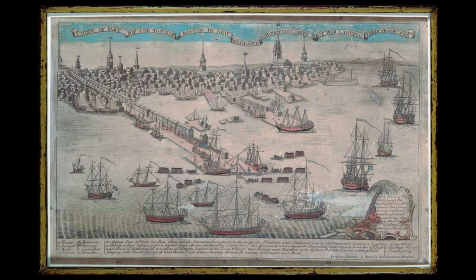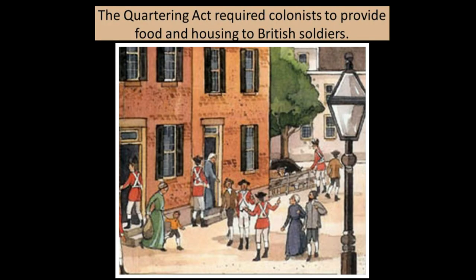Now, the British are going to send over more soldiers to enforce this act and to put down the riots. There's rioting in the streets, there are protests everywhere. So they send over more British soldiers. And when these soldiers arrive, they are going to need a place to stay. They're going to need food. I mean, they're not ready for all this influx of troops. So they pass a law called the Quartering Act.